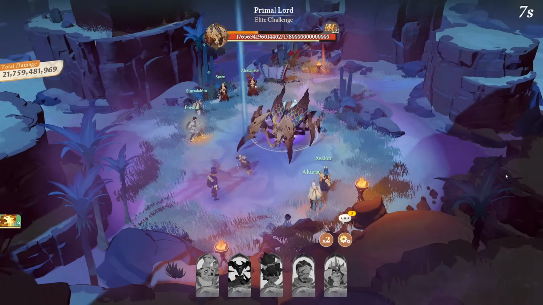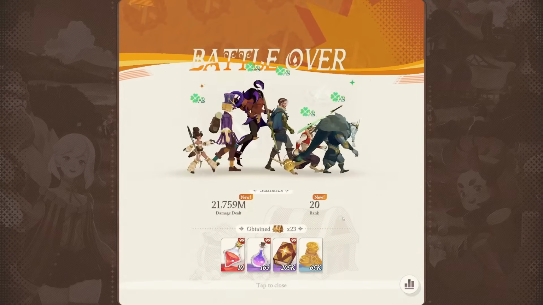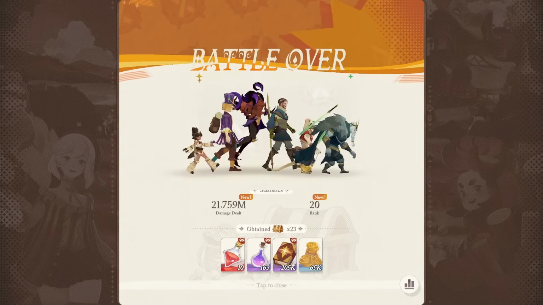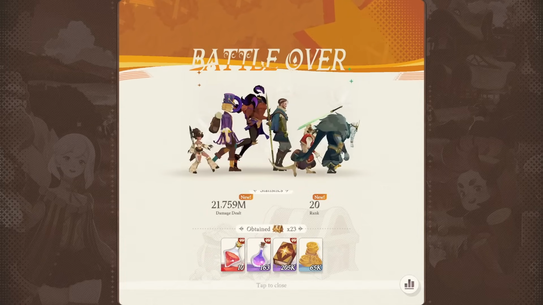So 21.7 mil. Not bad. Not bad at all. Closing in on Mega Fungi, now actually top 20 on this one. 205k by the way for that attack. 205k season manual. That's a ton, so we got like 600k out of that. And we get Crimson Essence for the...